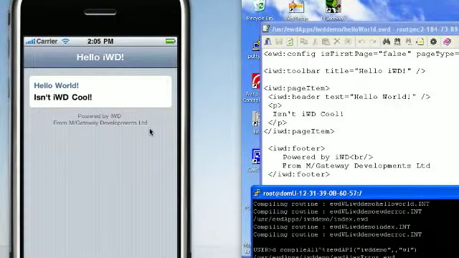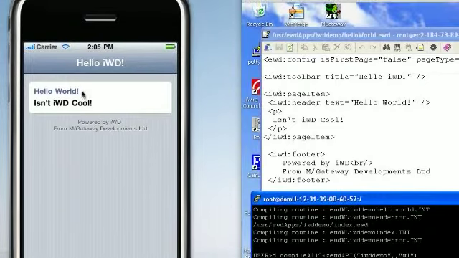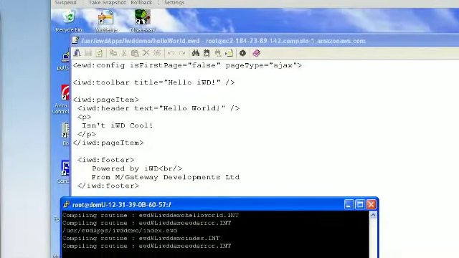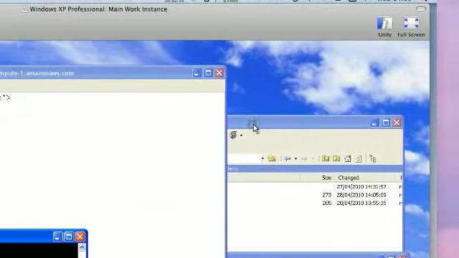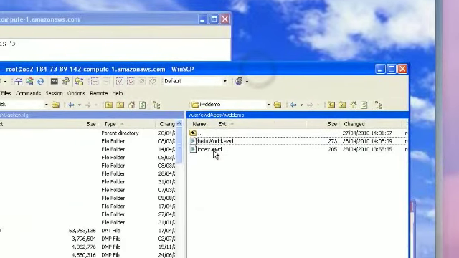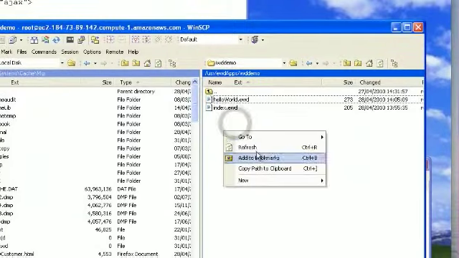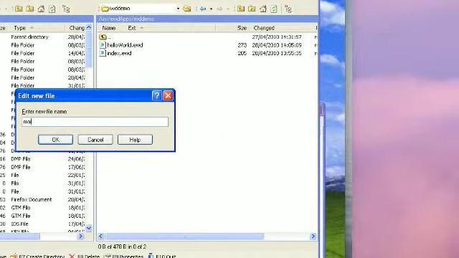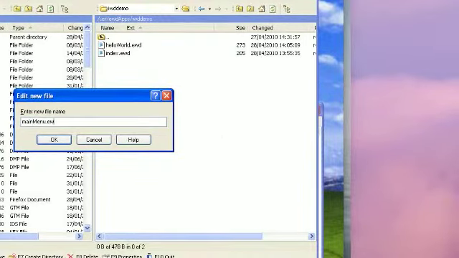Okay, so now let's make this a rather more interesting application. Let's change it so that when we start up the application, we're going to get a menu of options to begin with, and we'll make the first option one that will then take us to this Hello World page. So let's have a look at how we would go about doing that. So we'll go over here, and the first thing we'll do is create a new file. We're going to call it mainmenu.ewd,